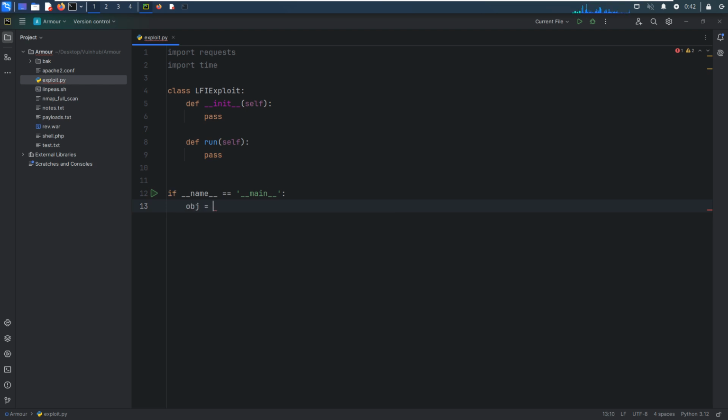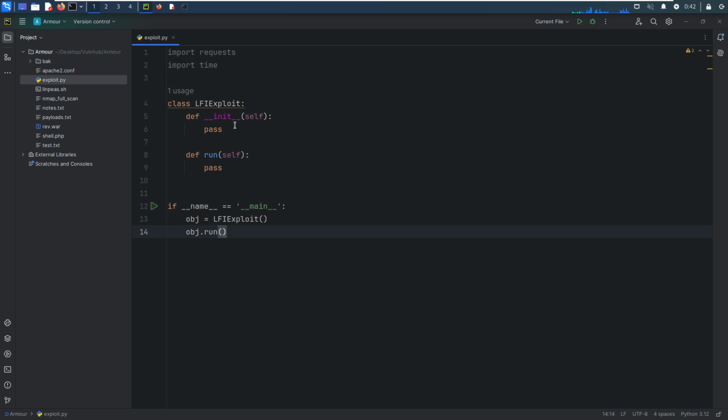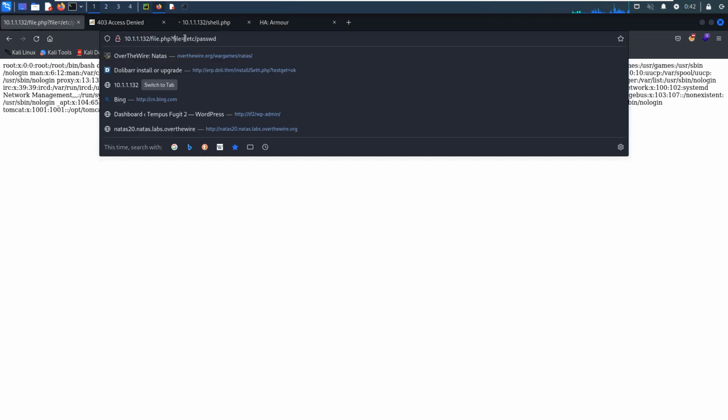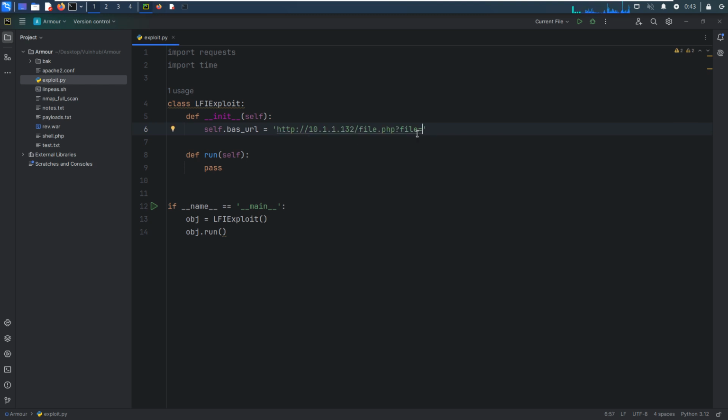So object LFI, and object to run. We need to define some attributes of our object or class. The first one is the base URL, and this would be, we can copy from the browser.